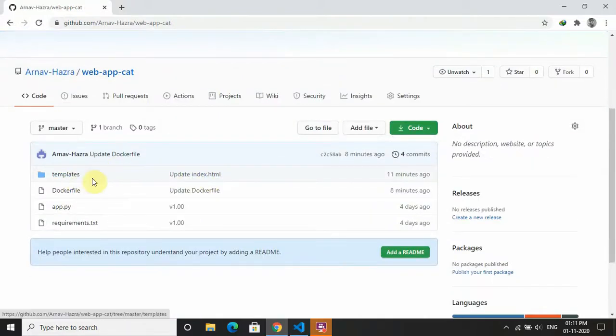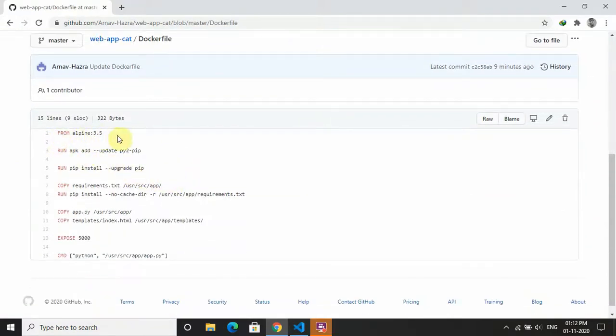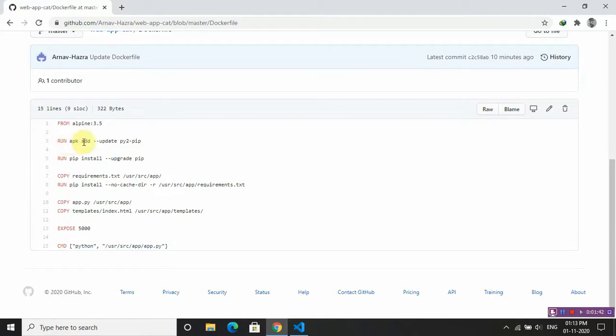To dockerize this app we will need a Dockerfile. What the Dockerfile does is it tells the Docker container, while creating the image, all the prerequisites which are required to run the app. I will explain it. First we will need the base Alpine image on which the app will run, and then we will install and update Python. Since Flask, our web app, runs on Python, it will install and update Python and pip.